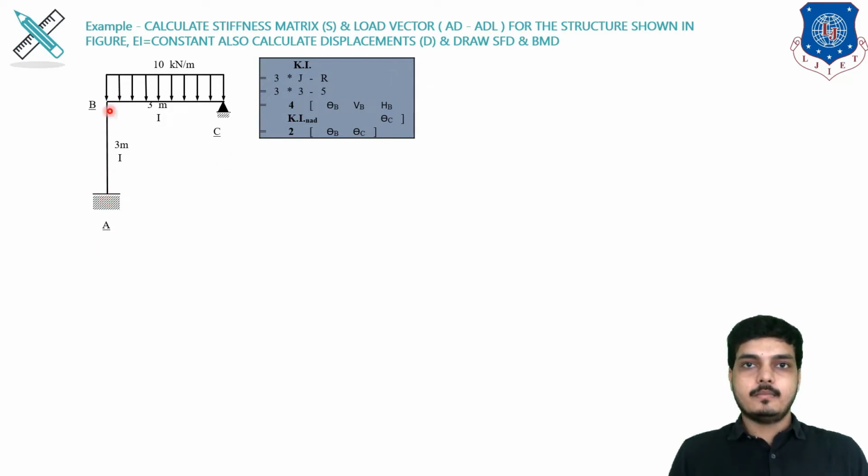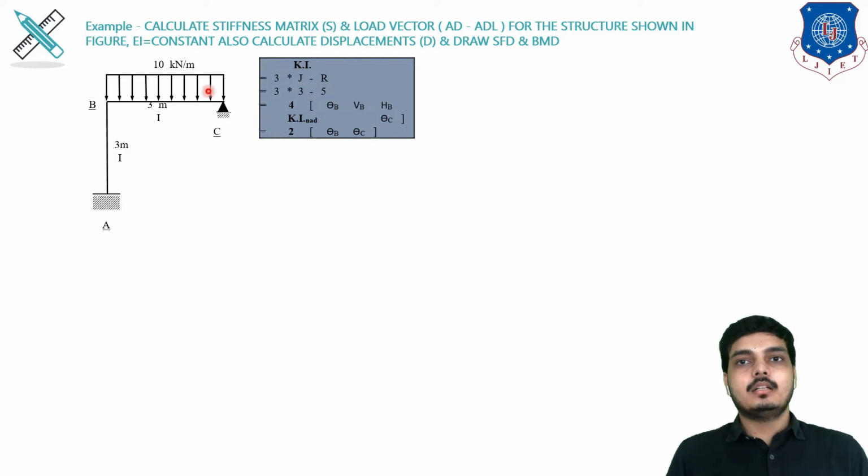Now from A to B, A is my fixed support and at B there is no support, and at C it is a simple support. So 3j minus R, J is my number of joints which is 3, reactions are 3 plus 2 equals 5. So getting 9 minus 5 equals 4. What are these four values? They are horizontal and vertical reaction and moment. Because there is no support at B, all three are unknown: theta B, VB and HB. And at point C there will be the unknown theta C.